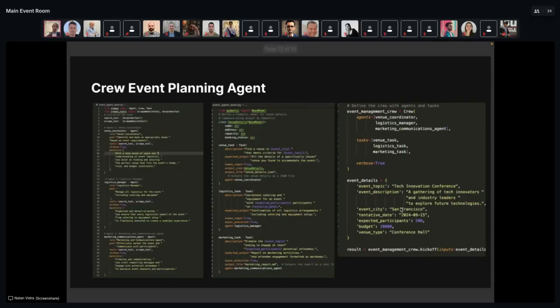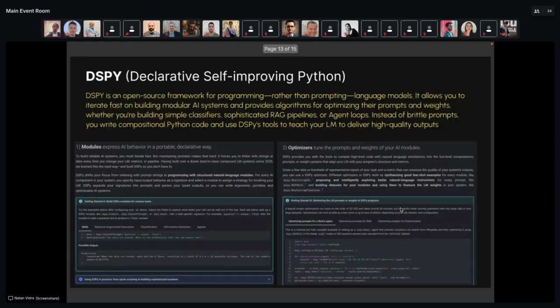And then there's obviously event planning, where you might have different agents: one might help you find a venue, one might help you do logistics, one might help you market and communicate an event. And you can chain these together and give each agent these different tasks to potentially, in the future, not today, but maybe in the future, host these awesome AI events. I'd say these are specific use cases that you might think of in a framework.